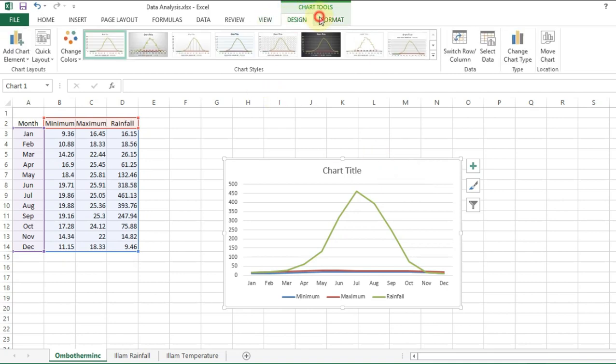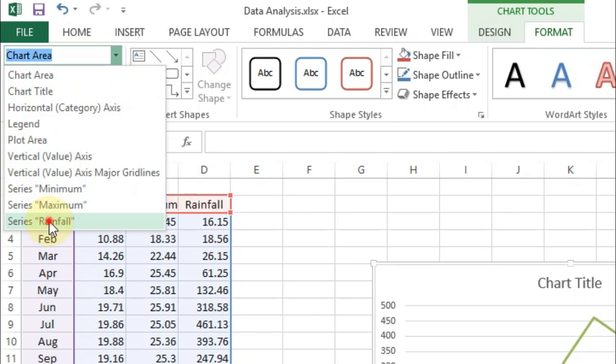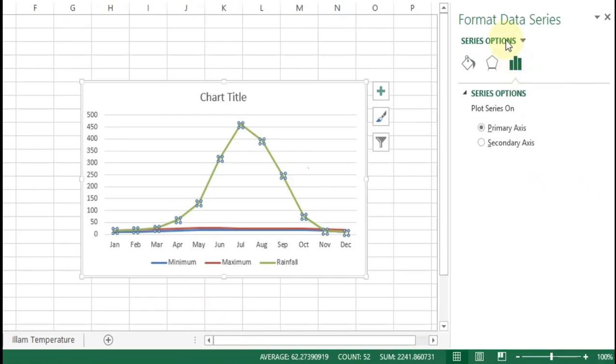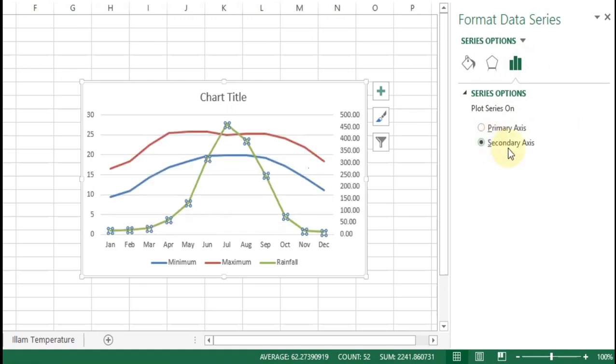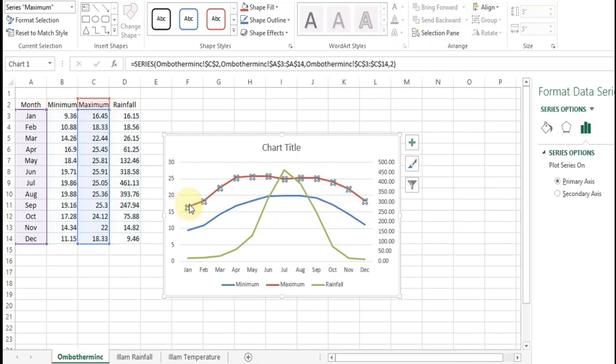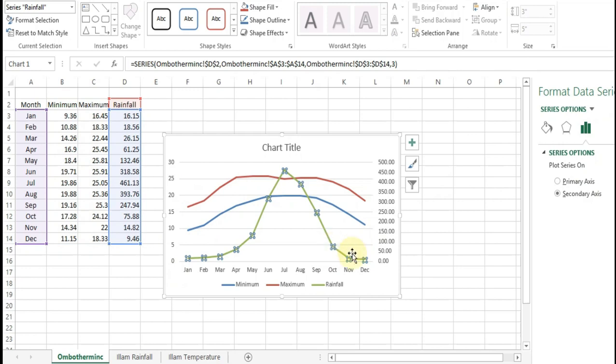we are going to head to the format tab, and under the format tab we'll click on this drop down list and we'll select the series rainfall and we'll click to format selection. And as you can see, under series options, we can select in which axis the series is plot on, and we will select the secondary axis. Now as we can see,